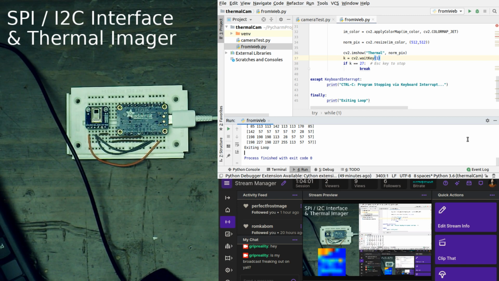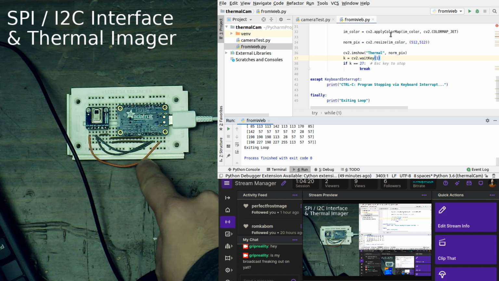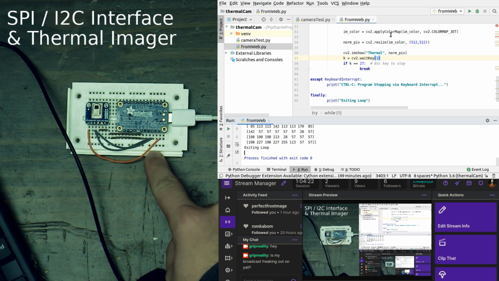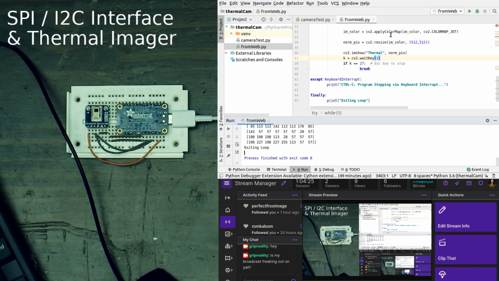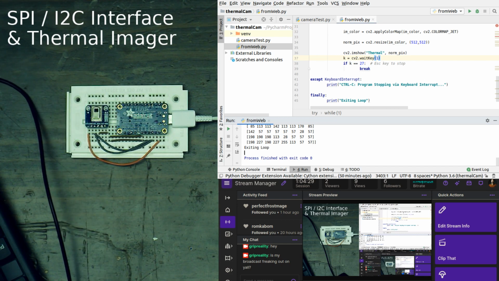So that was fun. The next step in this project is going to be twofold. One is mounting this little thing inside of a little box and also wiring it up with some vinyl wires so that we don't have to be using our project board, or our breadboard, and these testing cables. And then the second step after that is figuring out an efficient way to get this to run